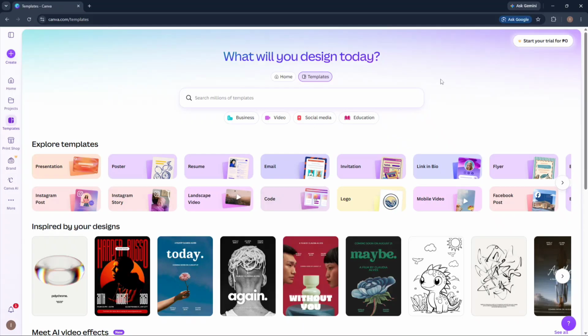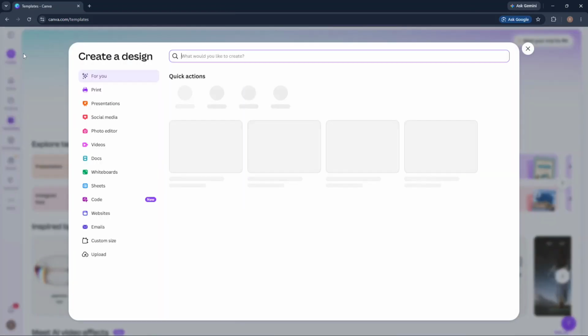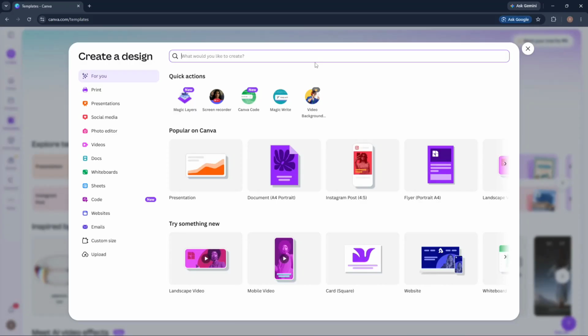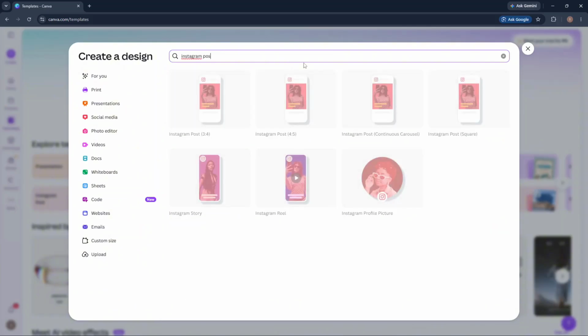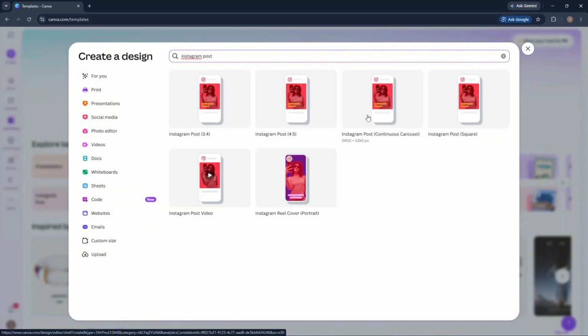So step 1, open Canva and choose a format like Instagram posts or presentation. You can go ahead and create it from scratch by clicking on Create at the top left and then entering in here Instagram posts. Go ahead and select continuous carousel from here, and that will take you into your page where you can add